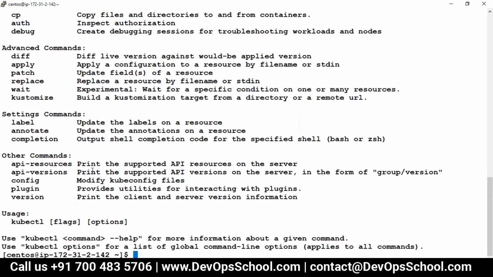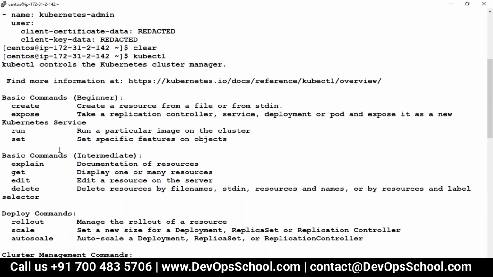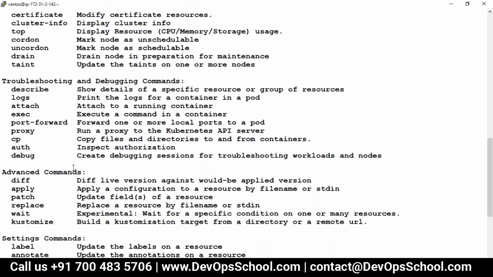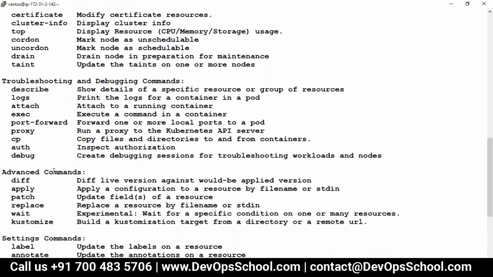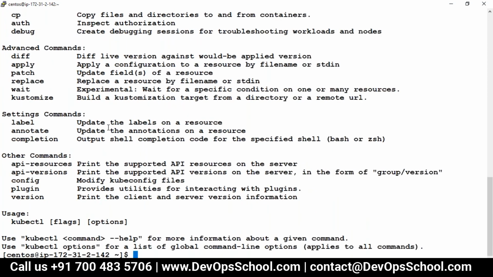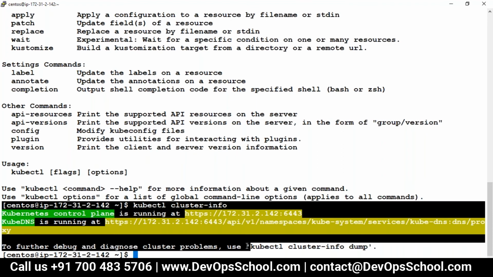Now I want to know, okay, I have a config file. I want to know whether my cluster is up and running or not. So how do I check? I will look for the command. Which command will help me out here? One command is cluster-info. So I run this command, and you see here, that means from my workstation I'm able to talk to the API server successfully.